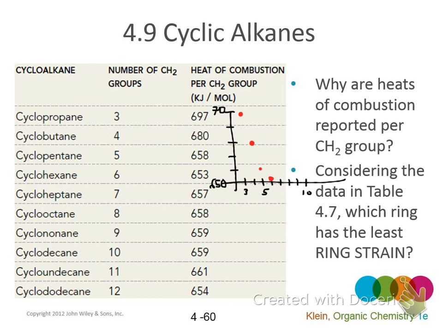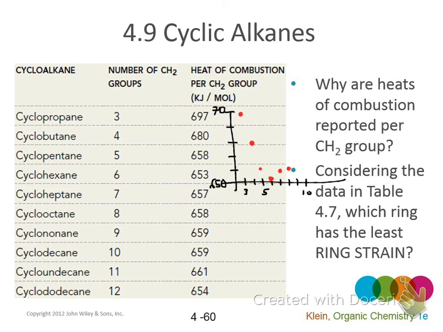Cycloheptane, right? It starts to go up again. So 657, so it's around here. And then it's going to go up to 658. It begins to level off a little bit. 659. So you see the rest of them stay pretty steady until you get to cyclododecane, which is kind of